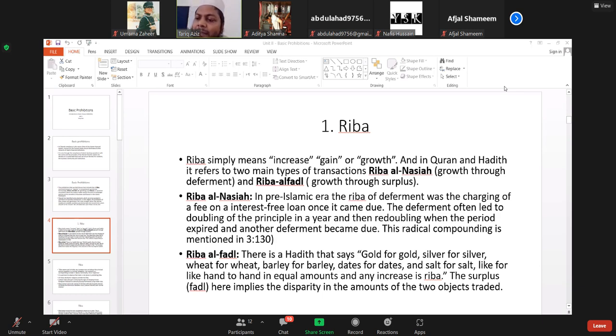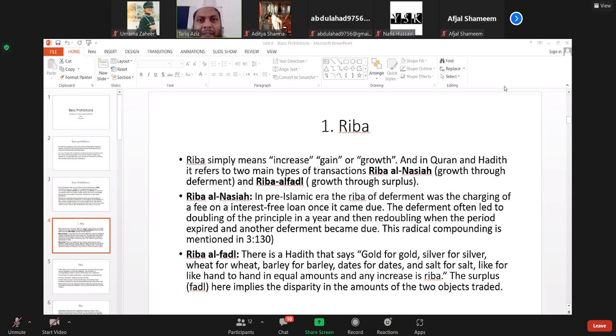So the borrowing and lending transaction is not responsible for this. Whether you lend that money to someone or you do not lend, that money is losing its value. So you cannot attribute that loss of value to that transaction, and you cannot transfer that burden to the borrower only. Why do you want to transfer the burden of time value of money to the borrower? Why are you not ready to share the burden with the borrower?